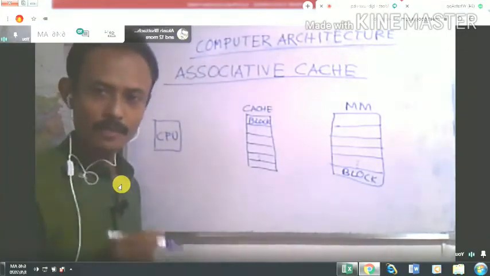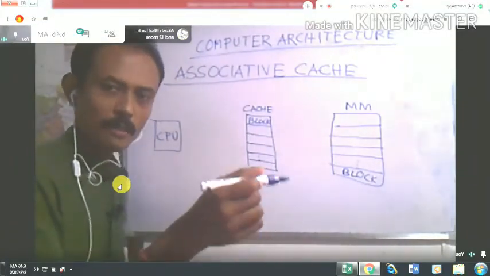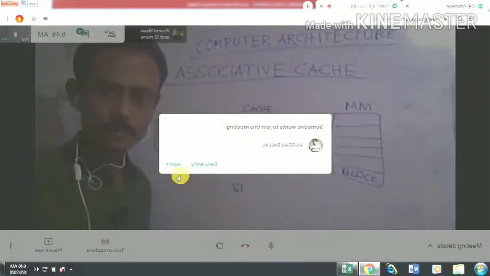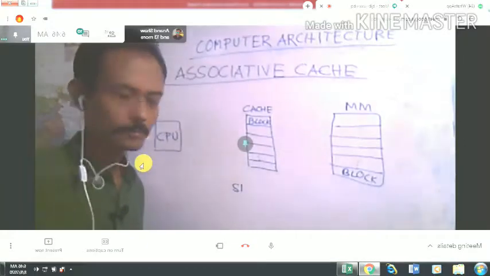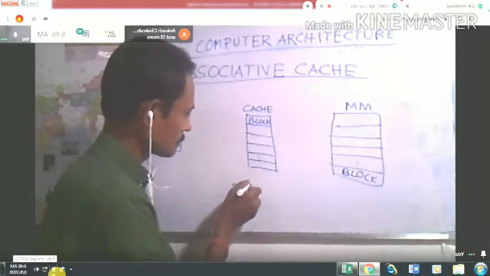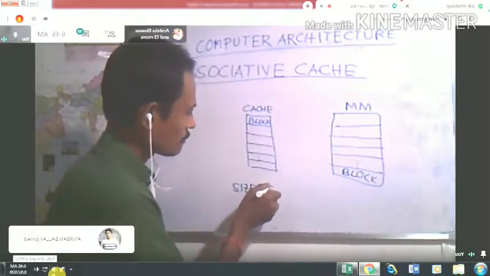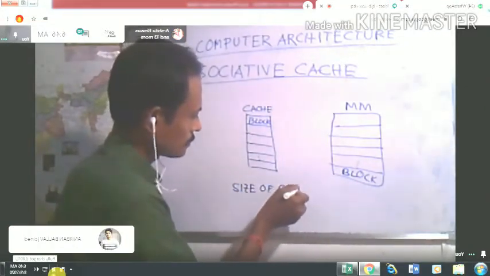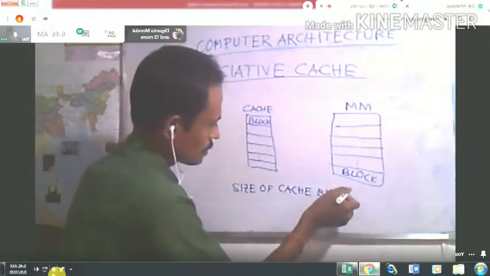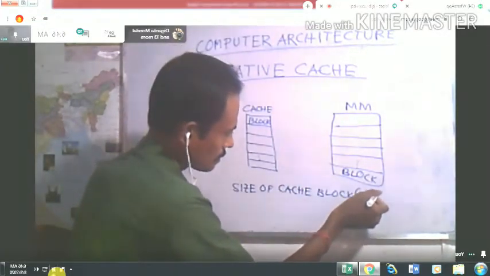And the size of the cache block will be equal to the size of the main memory block. So the size of cache block or line